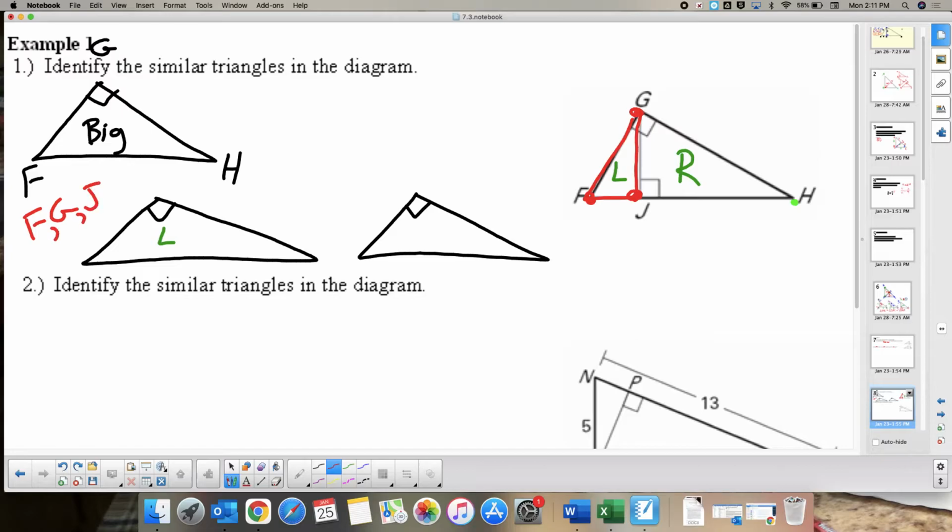The second question is, which one will be our right angle of this triangle on the left? Well, since this is a right angle, it is point J that is our right angle. Point J is now gone from our choices. That leaves us with F and G. So we pick one. If we pick G,